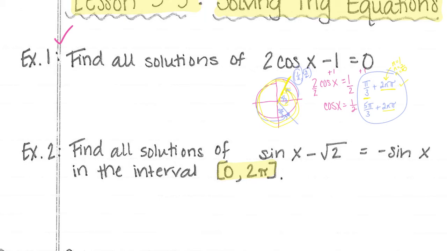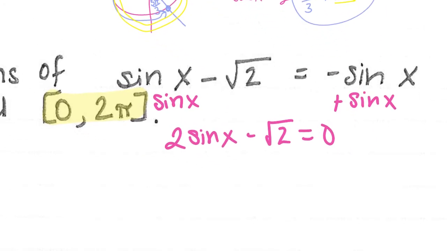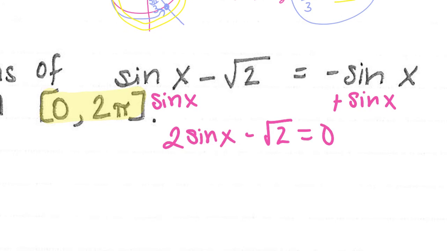Example 2 says sine of x minus pi over 2 is equal to negative sine of x. Well, I'm going to go ahead and start by adding this sine of x over. What I do to one side, I do to the other. So I have 2 sine of x minus root 2 is equal to 0. When I get rid of that root 2, I add it over, so I have 2 sine of x is equal to root 2. And when I divide by 2, I know that the sine of x is equal to